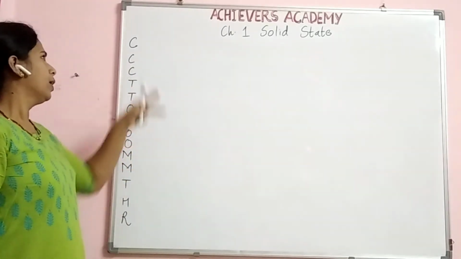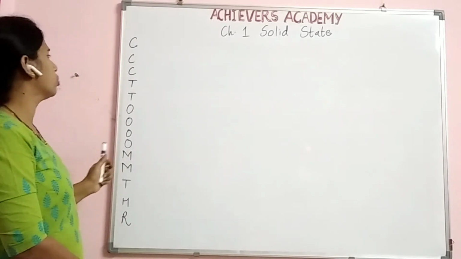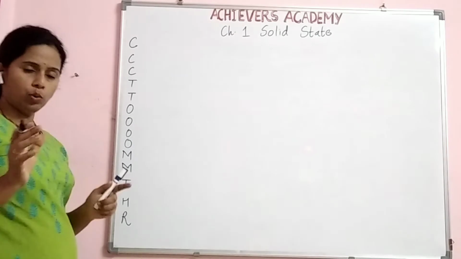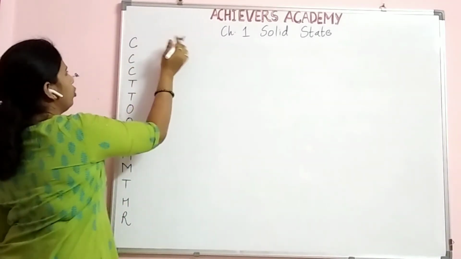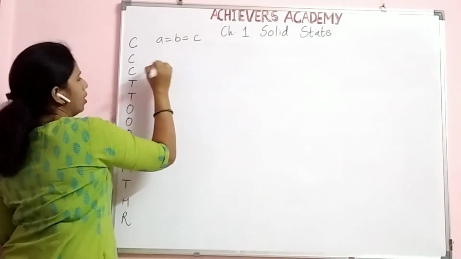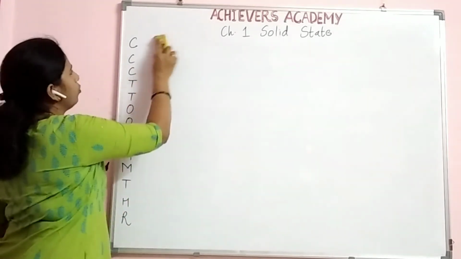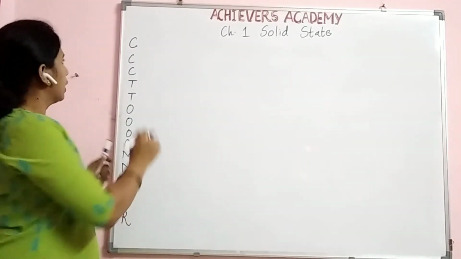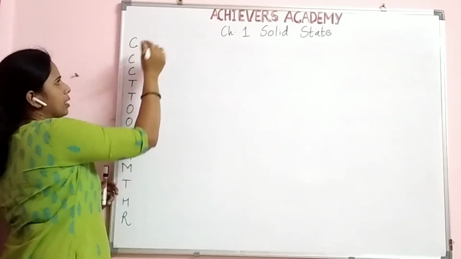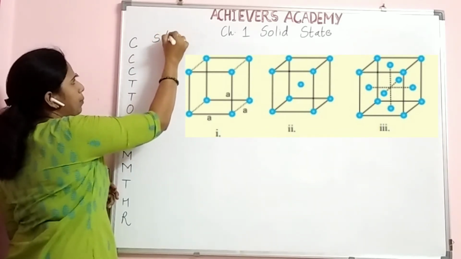Now let's see how we will change the bond angle and the edge length. So let's first do the edge length. Now here again I will give you a clue to remember all this. Now for cubic, A is equal to B is equal to C. In all the 3 cases, before that I think we have to first see the type of crystal. So here first I will give the crystal. Now in cubic, the very first it is a simple cubic, or the other word is primitive.